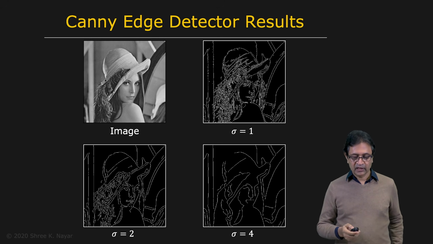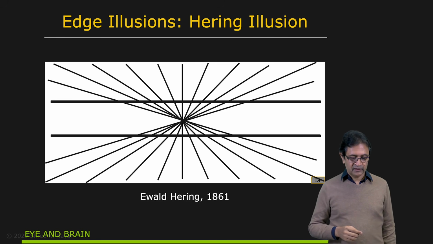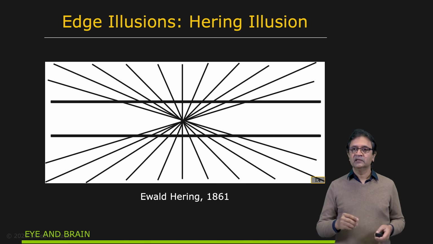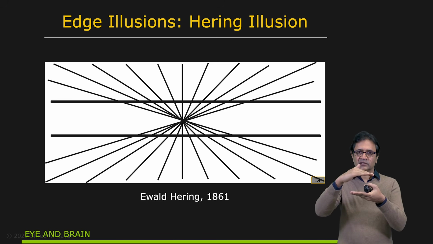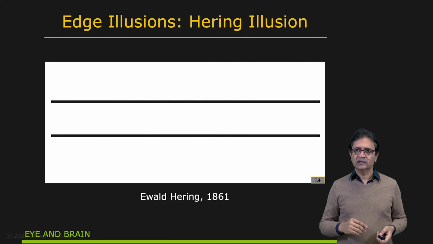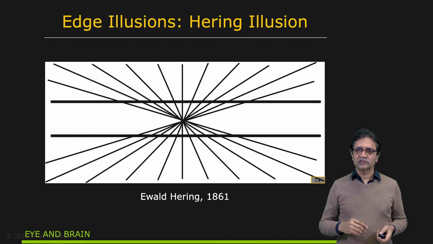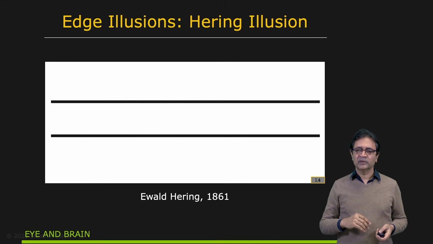And now, let's take a look at a couple of illusions associated with edges. Here is the Hering illusion. It's a very interesting one. Take a look at this picture for a second, and you'll agree that the two horizontal lines that you're seeing here appear to be bowed, bulging out, right? They don't appear to be parallel, but in fact, if I remove all the other lines, you see that they are exactly parallel lines. Let's take a look at that once more. Here is the whole picture. You see two non-parallel bulging lines, and now you see that they're perfectly parallel lines.